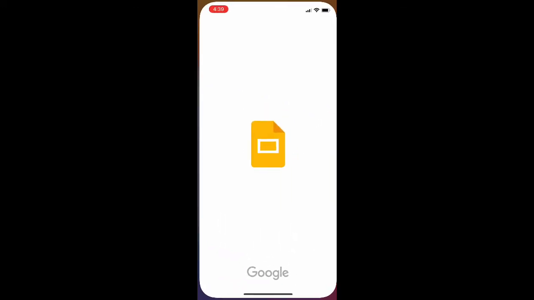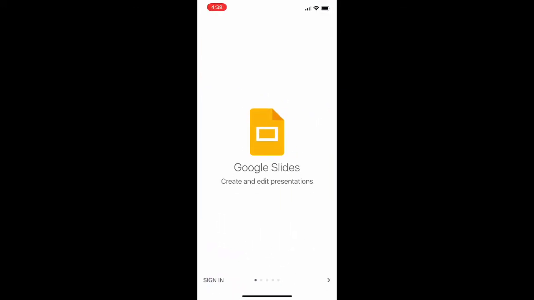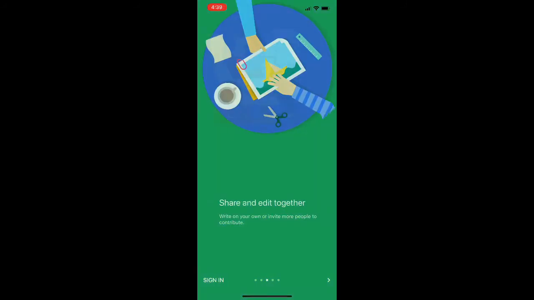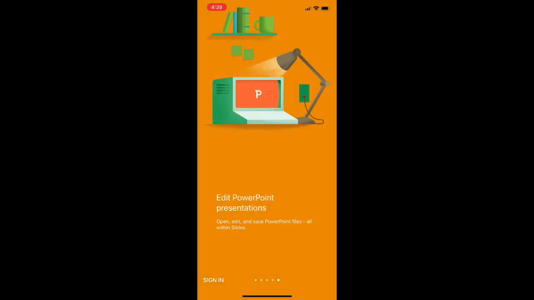And there it is, it's already downloaded. You could go ahead and click that open button. Should be on your home screen now, ready to launch in. And you could see just from the main menu here that this is exactly what you were looking for. And you could then sign in and access any of your slides and customize them the exact way that you